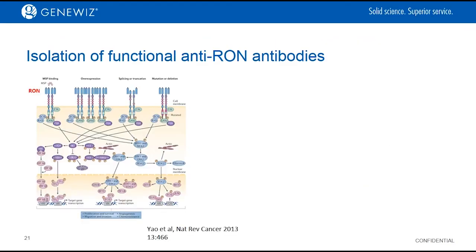This slide illustrates the utility of immunosequencing in generating anti-RON antibodies. RON is a receptor tyrosine kinase that mediates neoplastic transformation. Aberrant expression of RON leads to activation of common cancer pathways and finally leads to proliferation and survival, migration and invasion, angiogenesis, and chemoresistance. Currently, RON-specific therapeutic monoclonal antibodies are being tested in preclinical models and clinical trials, for example,